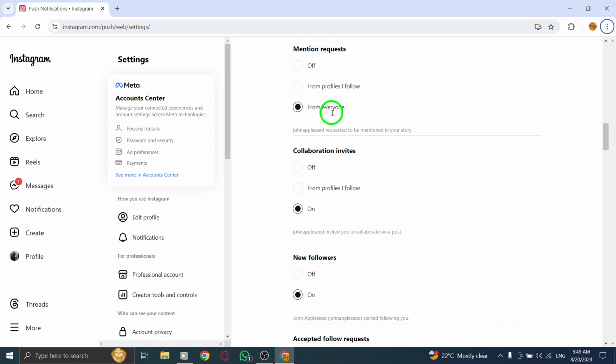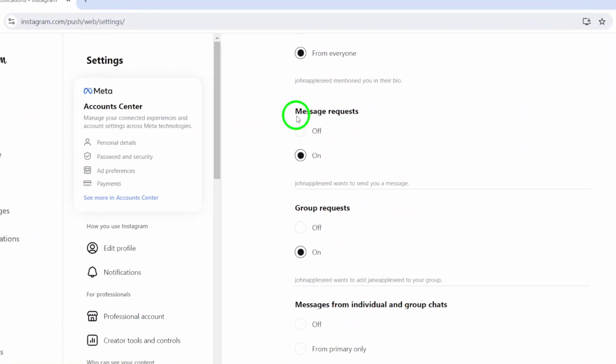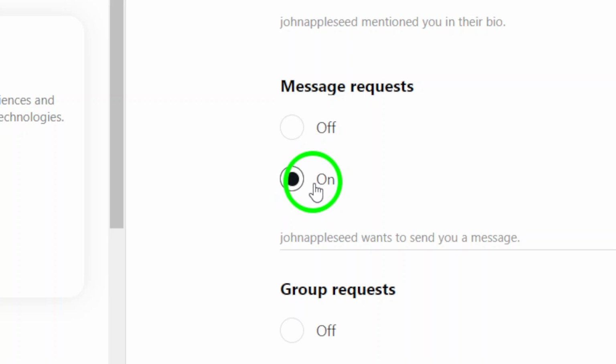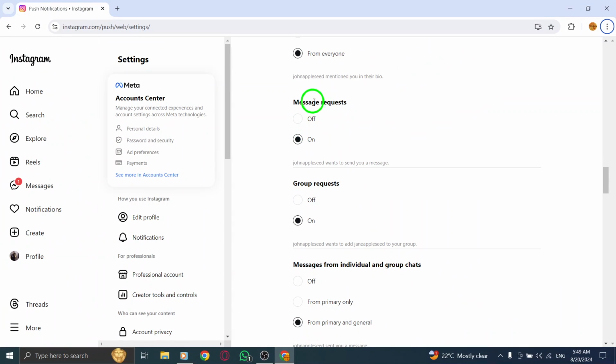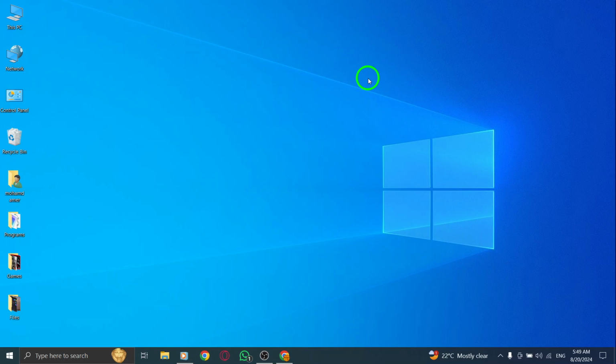Finally, look for the option labeled Message Requests. Simply toggle this option to enable it. With this setting activated, you will start receiving notifications when someone sends you a message request, letting you connect with new people more easily. And that's it. You've successfully enabled message requests on Instagram for PC. Now you can enjoy seamless communication without missing out on any important